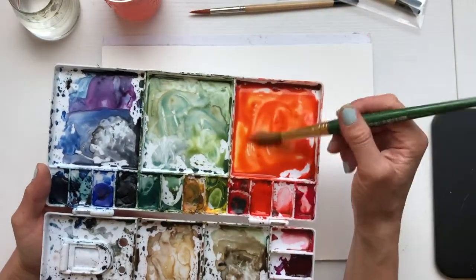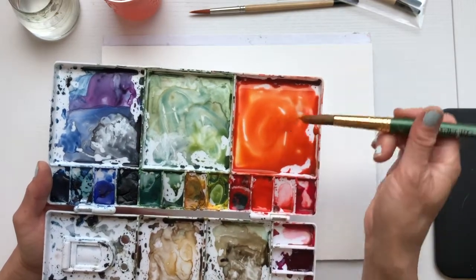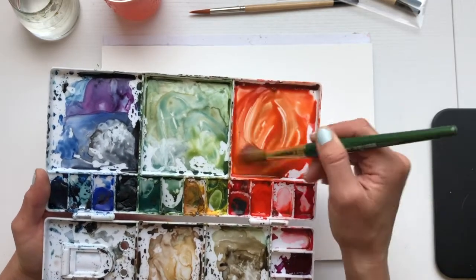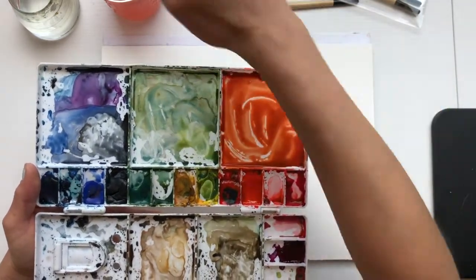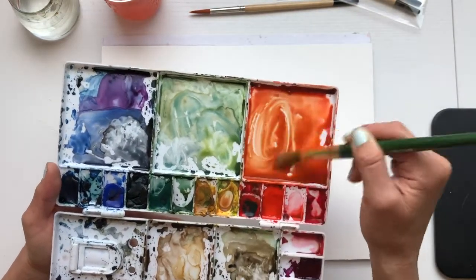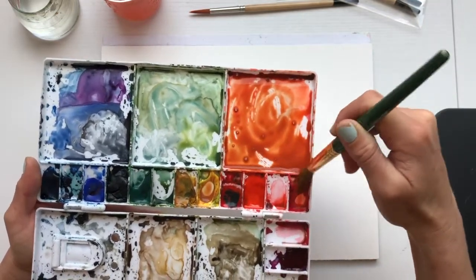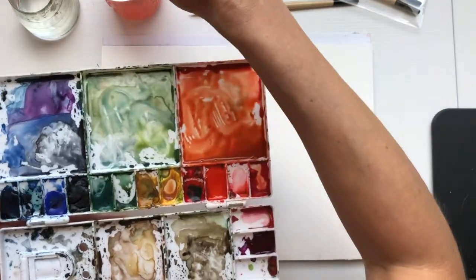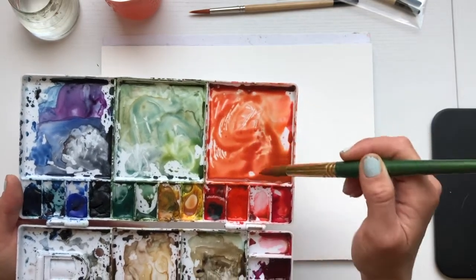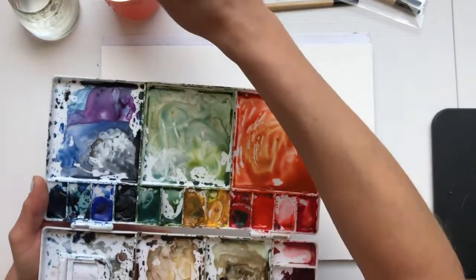If you need to bring it down, if it's just way too bright, mix in the opposite color. So orange's opposite color is gonna be blue. So if I just grab a little blue, it's gonna mute it down a little bit. I'm gonna grab some yellow. My paints are kind of messy. I'm not the cleanest, I'm gonna admit that. I'm gonna grab some Opera Rose. I really like Opera Rose. It's this really pretty pink color. Kind of want it to be dusty. Maybe a little more yellow. Okay, so. All